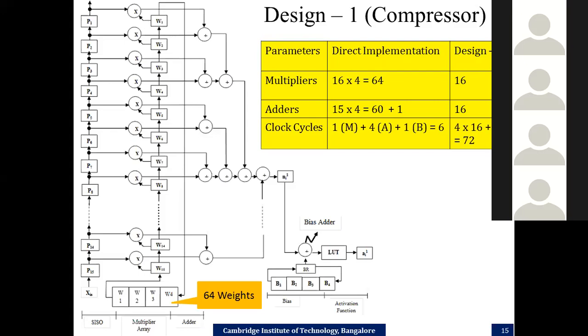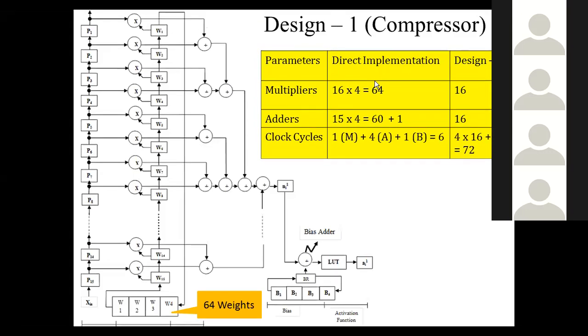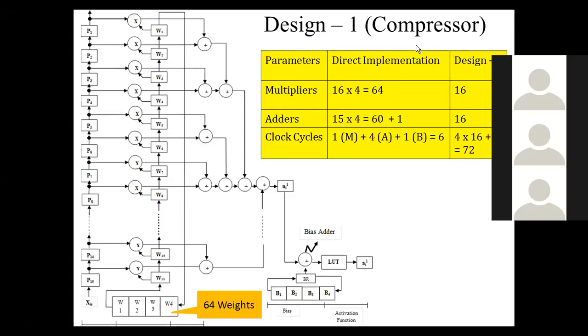Question, sir? I have implemented in this architecture all the 4 neurons which are required for the hidden layer. We are implementing using only 1 neuron. How do you do it? There is one response in the chat box, sir. We will perform the operation 4 times. Yeah, I think that is the correct answer. Okay.